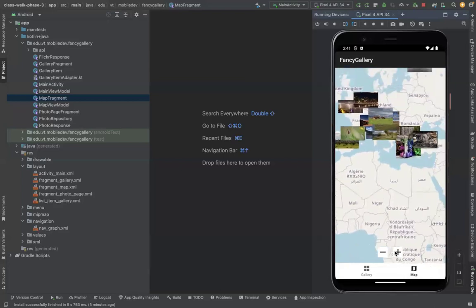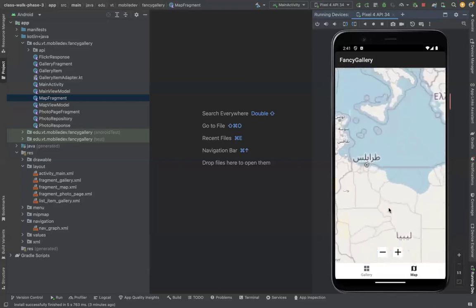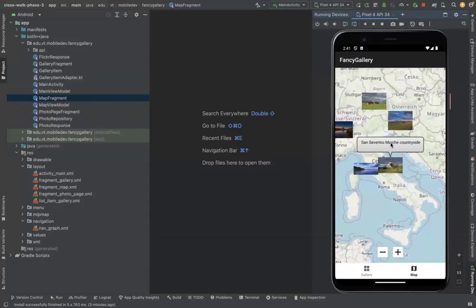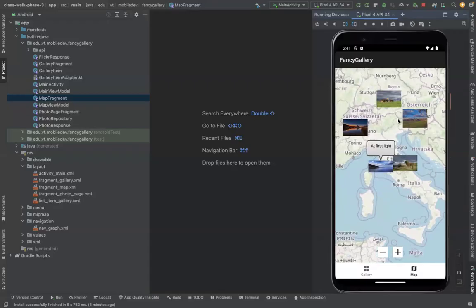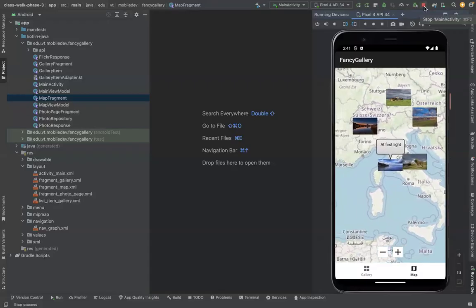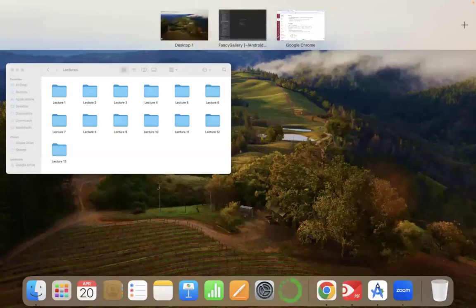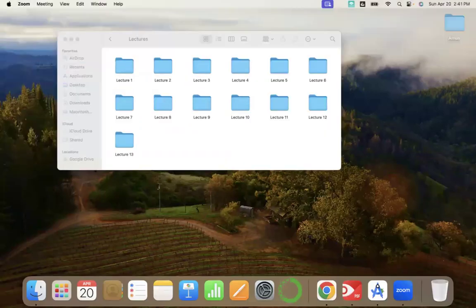There's a lot more in Europe that we see here. Italy, we see a couple of pictures. It's supposed to give you the title here. So that's what it's supposed to look like. Let's get started. I'm gonna put this code away, put it in the background here, and then